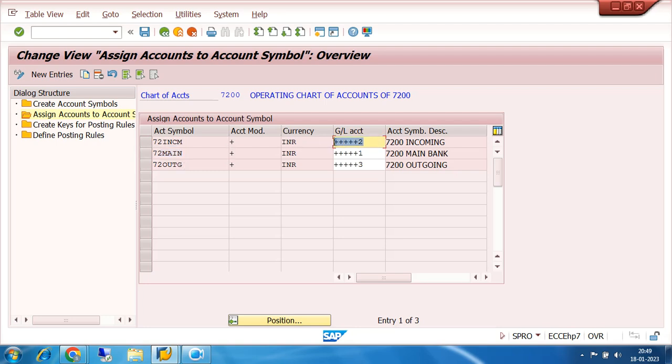Similarly, any GL account ending with 2 connected with 7 to INCM is automatically usable for the bank reconciliation process. Again, customizing the same thing is not required at all, like 1, 2 and 3, both 3 numbers of GL. Whatever GL we create, if we create it in a disciplined manner, main bank ending with 1, incoming ending